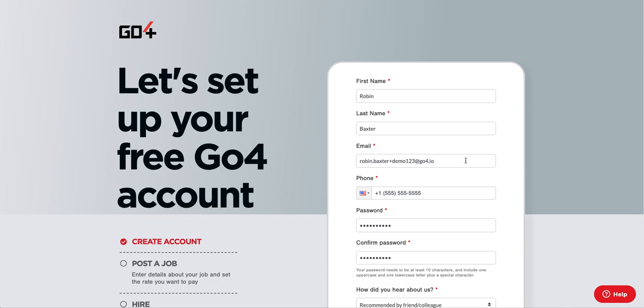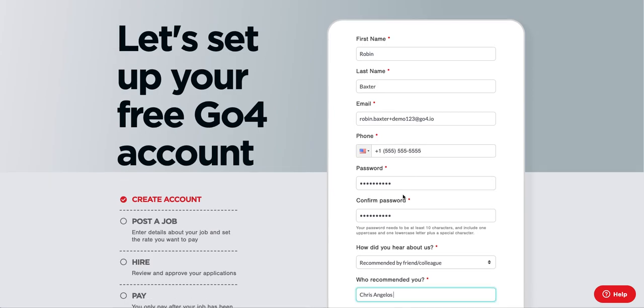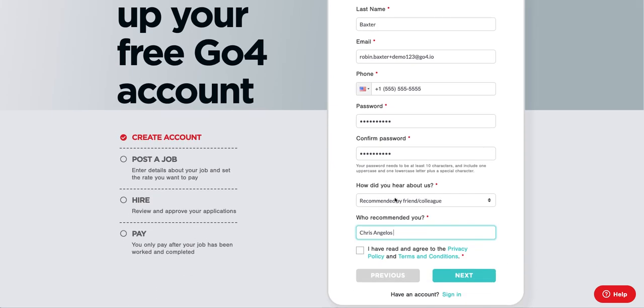For this first step of your account creation, we're just going to get some basic information. First and last name, your email address, phone number. You're going to be prompted to create a password for your account. And then we're going to ask, how did you hear about Go4? If you select recommended by a friend or colleague, we're going to ask who that person was. Once you have this information filled out, you're going to select this checkbox and then move on to the next